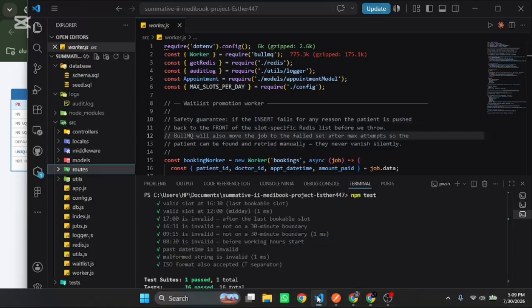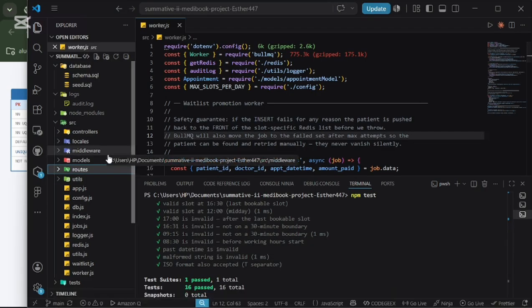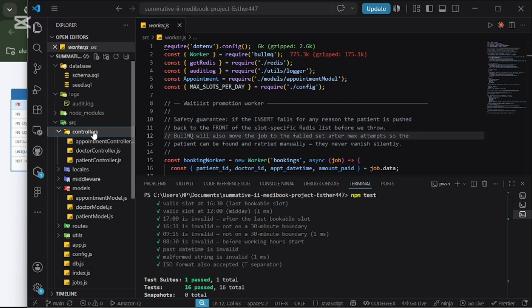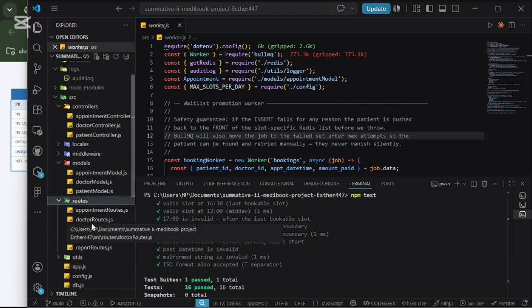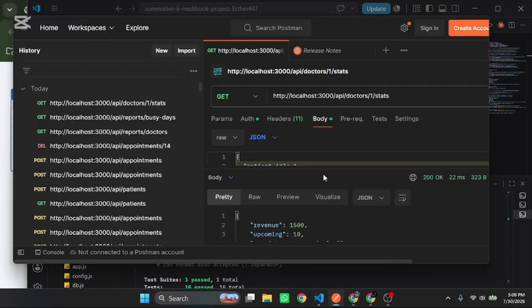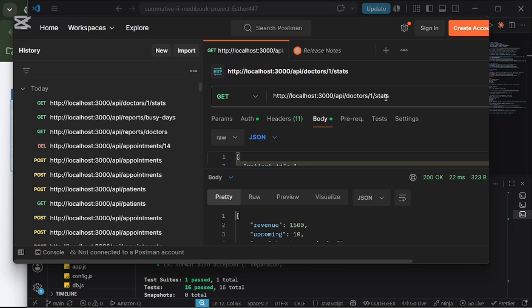So this project is split into modules, where all SQL is in that folder only, with parameterized queries. I have controllers where it handles all the logic, and routes which contain the endpoints, just where the URL is. So in Postman, let's first get all